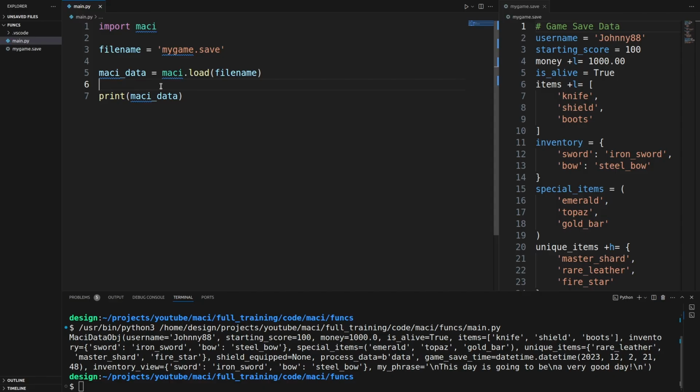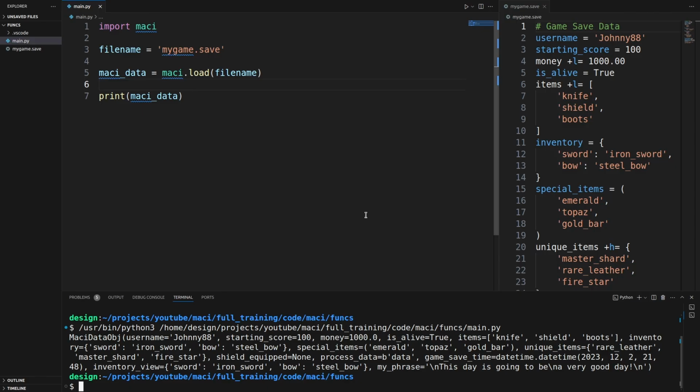And so now you see this maci data object. It's quite full of data right now. But as I described earlier, you'll see the names equaling their values. So here's our username, the very first name we see in the file, and it's equaling that string. And we see our integer name and then our money and then all these values or names and values following suit. So that's simply how you would load a file, any kind of plain text file with data